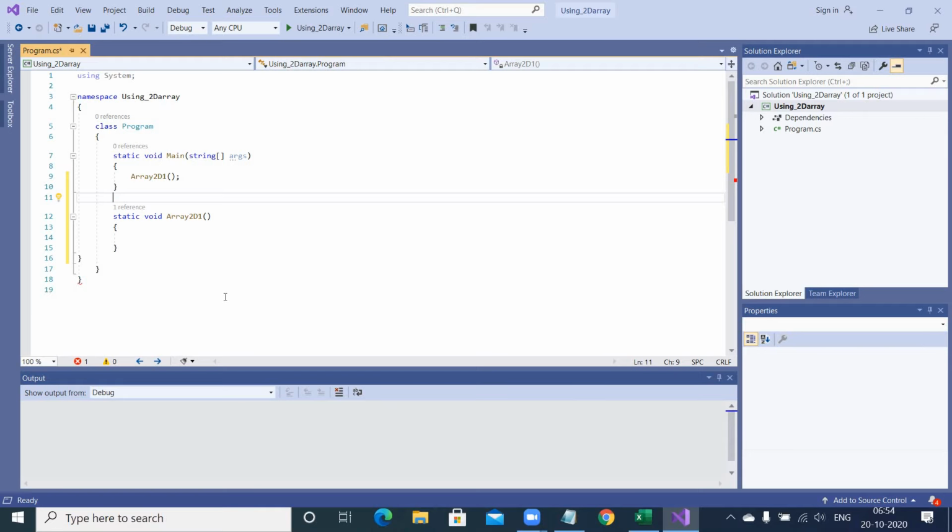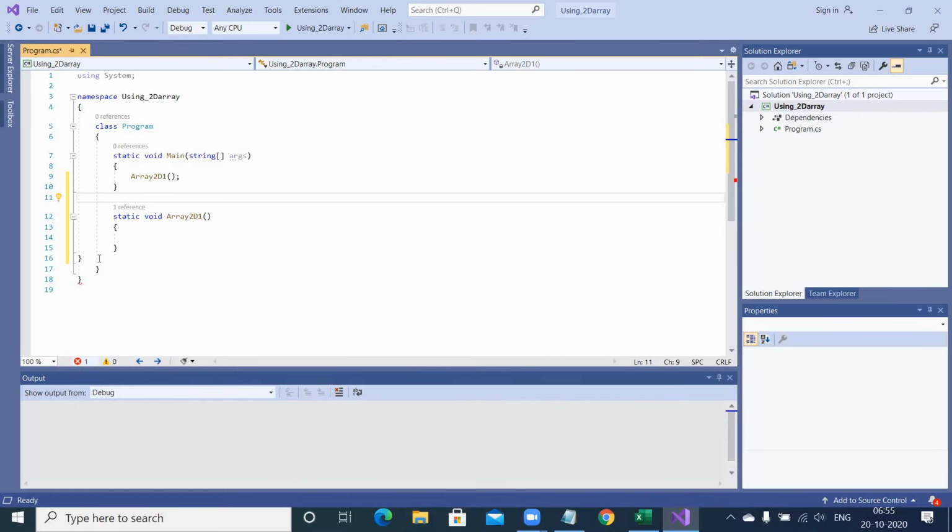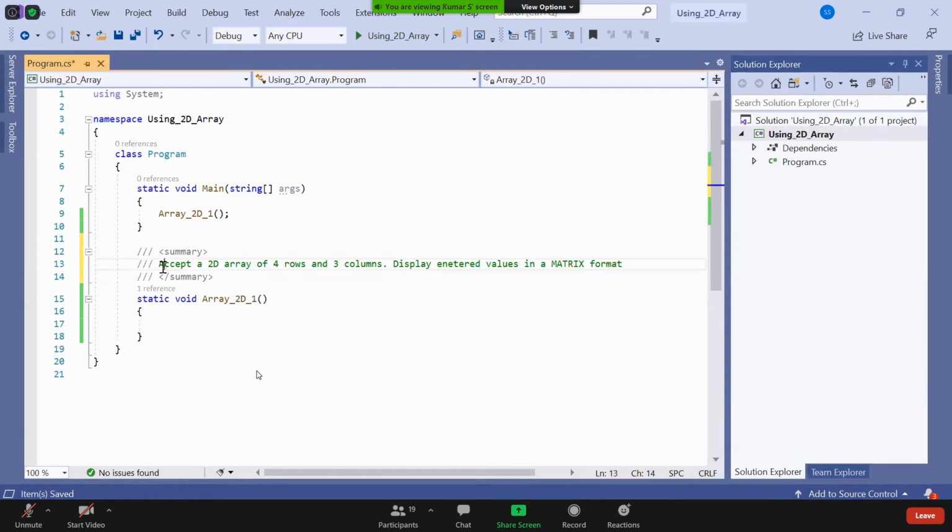Not only for two-dimensional arrays, for any program you make in future, just before the function, try to write a 1 or 2 line summary about it. So first is accept the two-dimensional array. But before accepting, you have to declare it, isn't it? Any variable or any array you are using, you need to declare it before using it. So I will name it as integer.